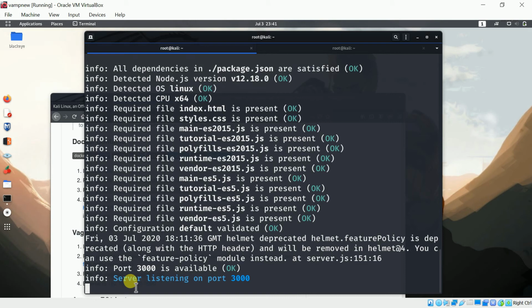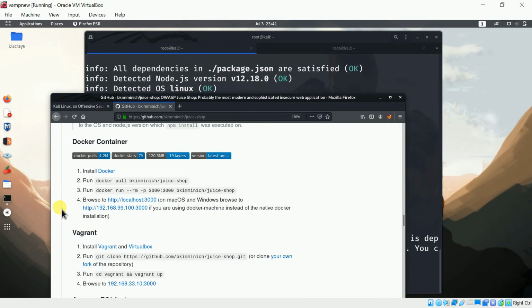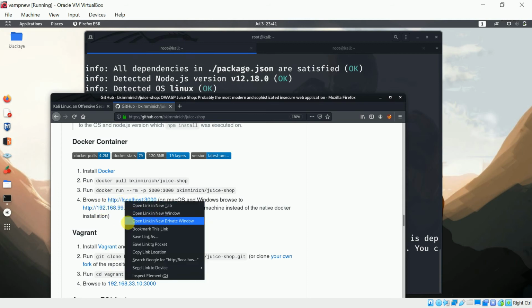Okay, finally our server has been started on this particular port, and now we will just browse this port address. I will open this in a new tab.